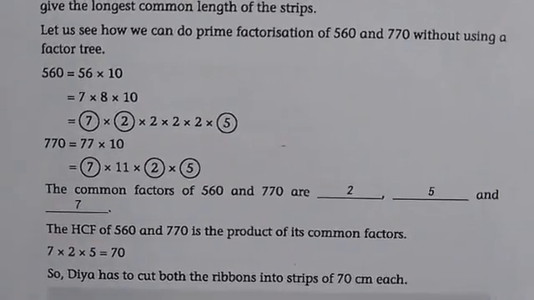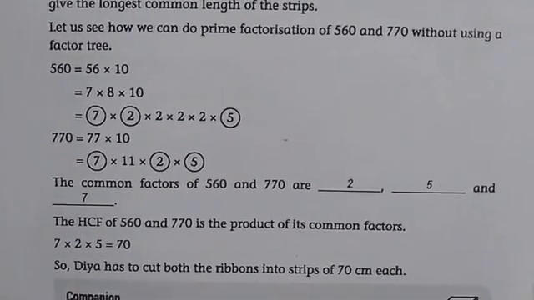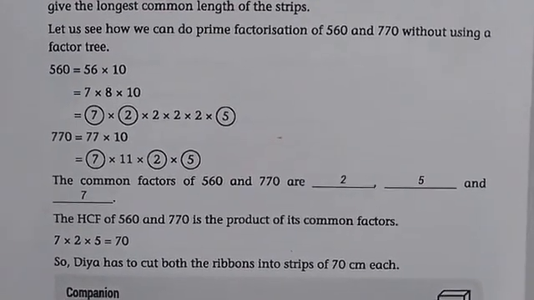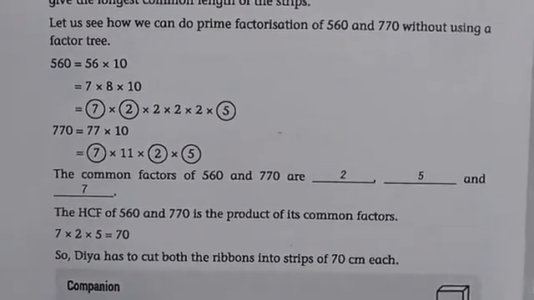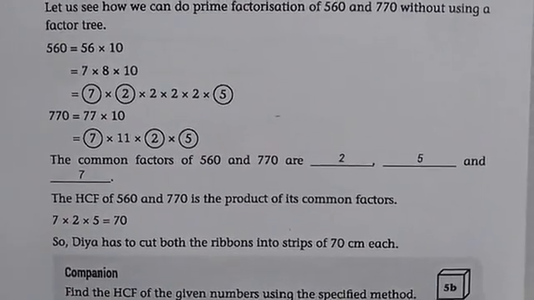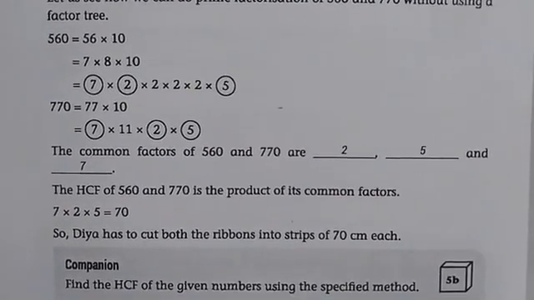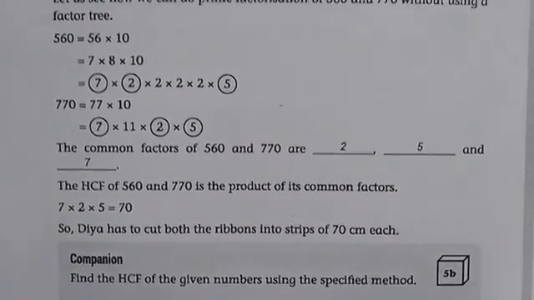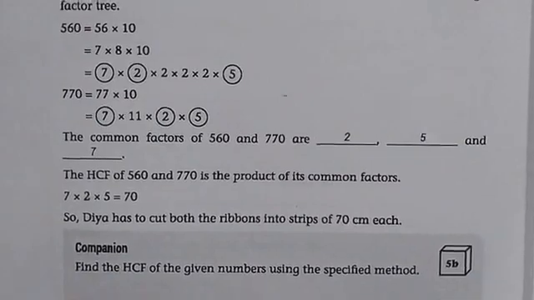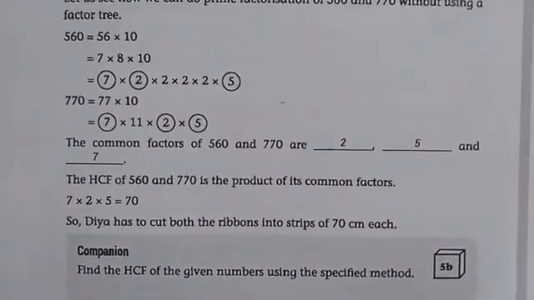560 is equal to, prime factorization. First 56 tens. 56 means 7 eights, so 7 into 8 into 10. So 8 means 2 into 2 into 2. Okay. Same, 70 is equal to 7 into 10. 2 fives are 10. So the common factors are 2,